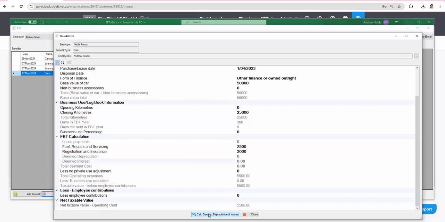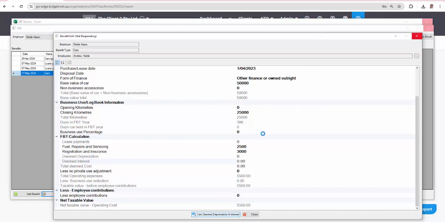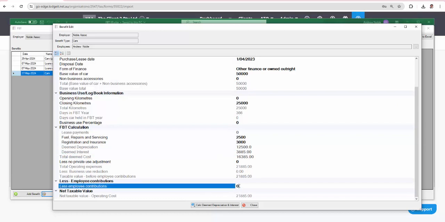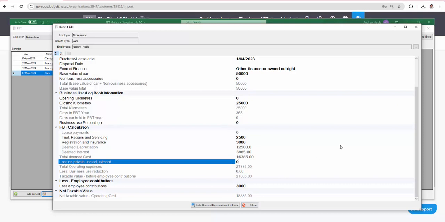If you want to calculate your deemed interest and depreciation, click the button, give it a moment, because it actually uses an API call, so it's calling another service. And here you'll see it'll do the calcs. You've got your net market value. If there's any employee contributions, of course you need to put those in, or any private use. So let's say the employee contributed 3,000. We've got our value, and now